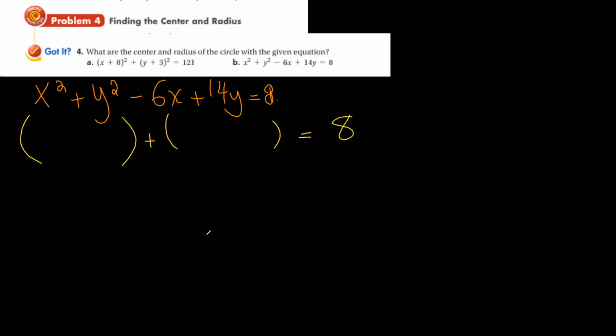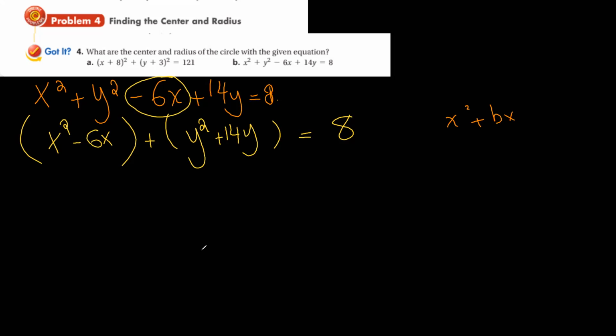In the first one, I want you to put the x values, which is x squared and negative 6x. And in the second term, I want you to put y squared and 14y. Is it clear? First step, gather the x in one bracket and the y in the other bracket. Now, as we said before, if you have ax squared